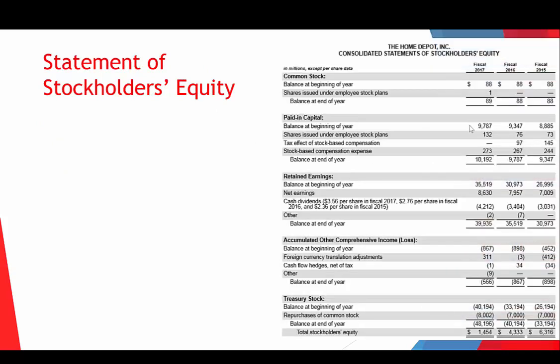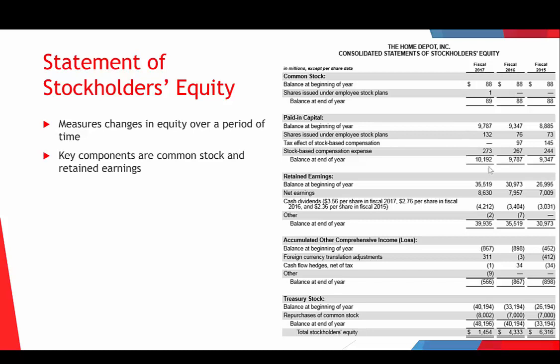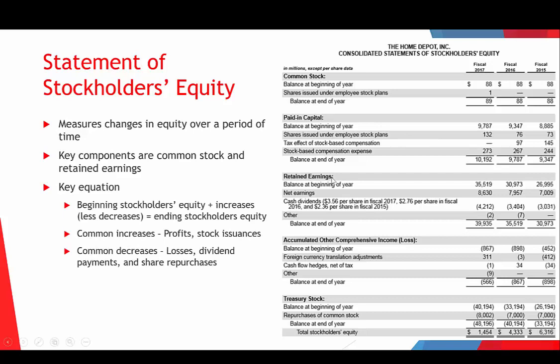Statement of stockholders' equity, and this is an example of one for Home Depot. It measures changes in equity over a period of time. It's got common stock and retained earnings. Here's the common stock and here's the retained earnings. The key equation is you have the beginning balance, and you can see that balance at the beginning. The increases are going to be profits and stock issuances. The decreases are losses, dividend payments, and share repurchases. So you start with the beginning, you adjust for those items right there,